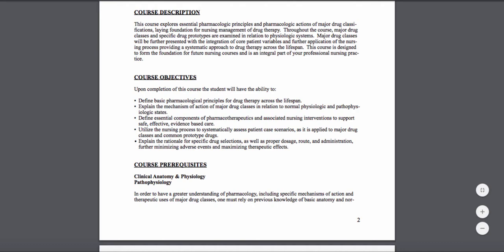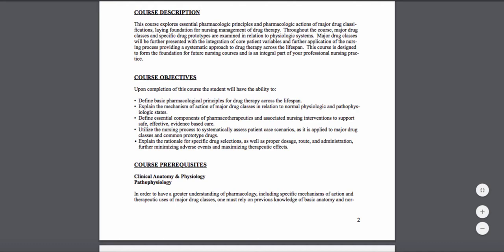It makes it more memorable if you link the two together. So try to picture it in terms of the treatment of a disease, or how it pertains to the physiology as well. So we'll look at essential components of pharmacotherapeutics, and nursing interventions that support it, in basically providing safe,